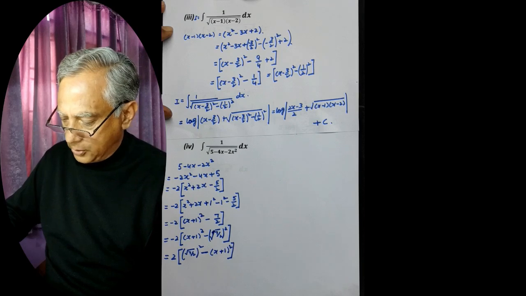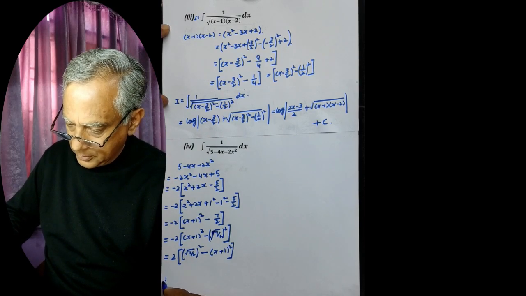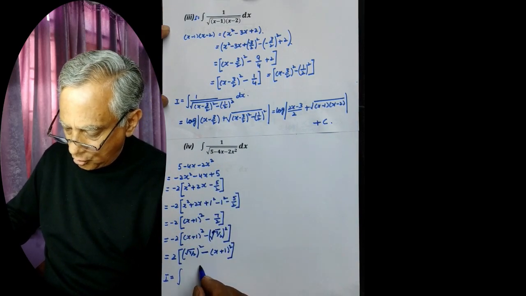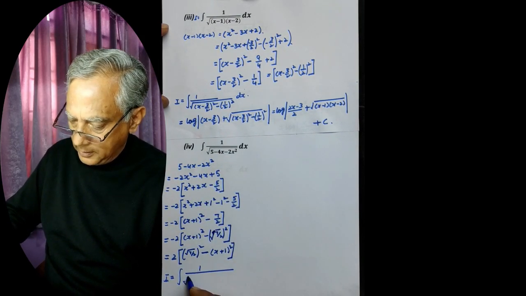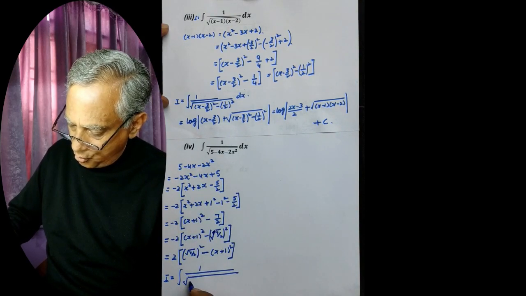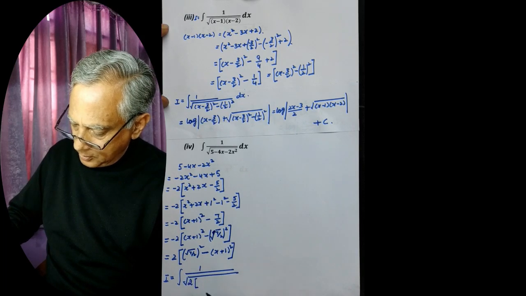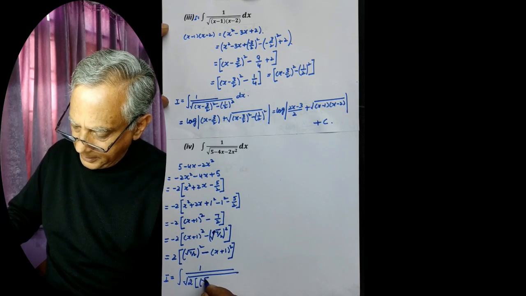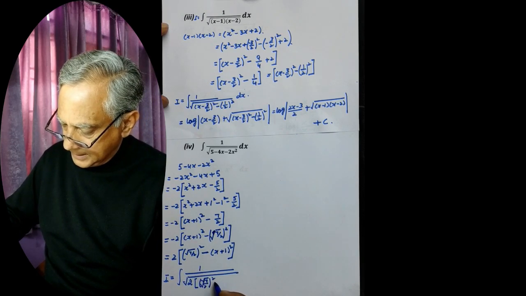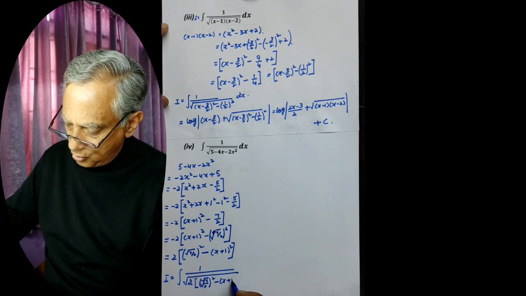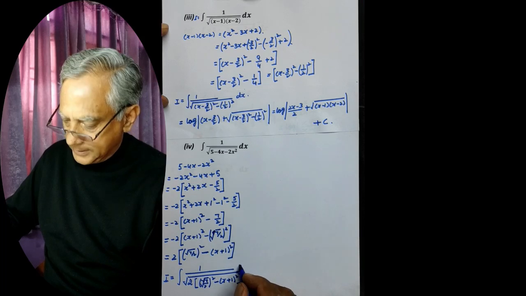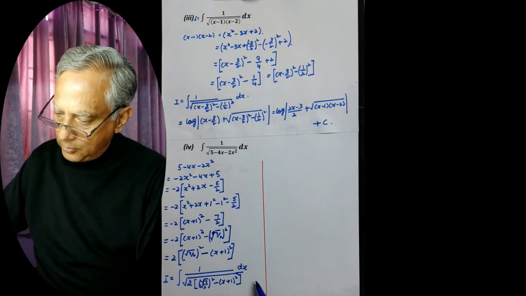So this will be equal to, I is equal to integral 1 by root, now this term is equivalent to this, so this can be written as 2 into root 7 by 2 whole square minus x plus 1 whole square into dx, and this is equal to